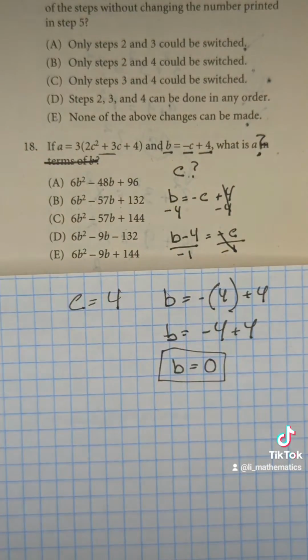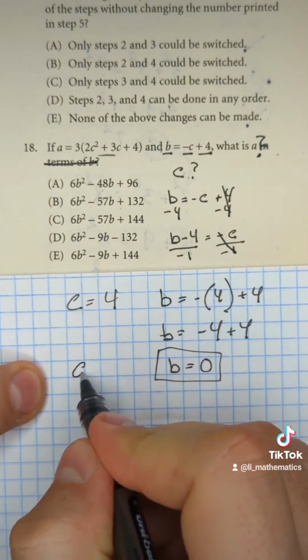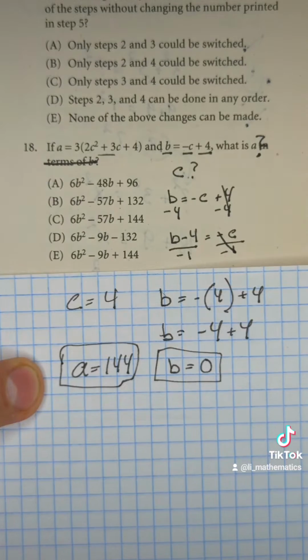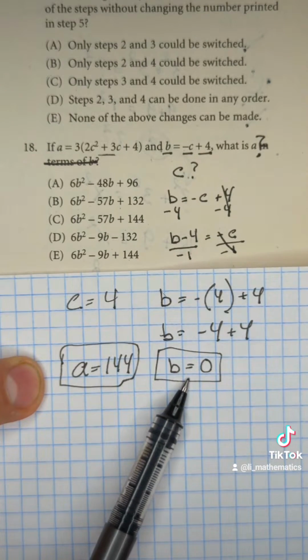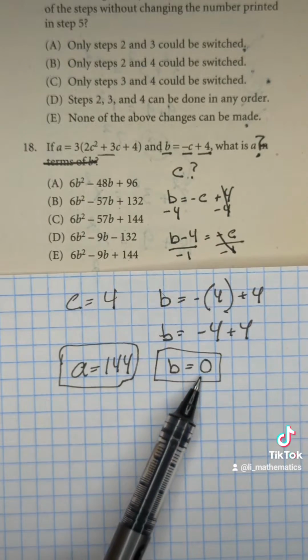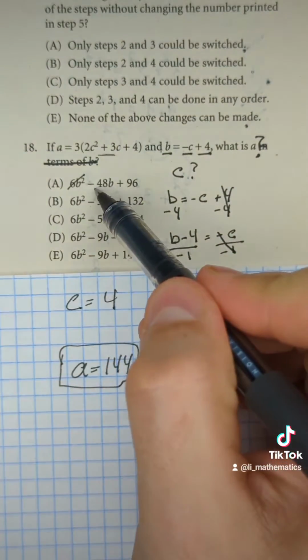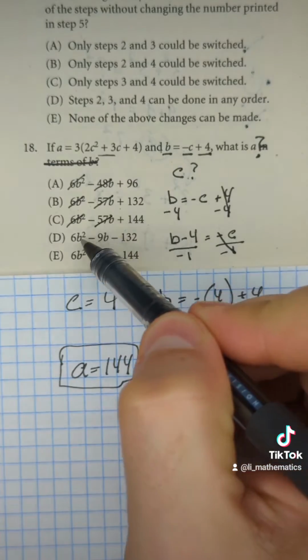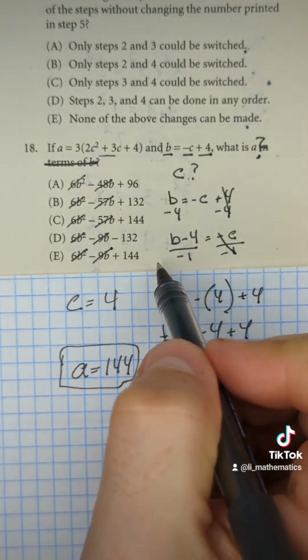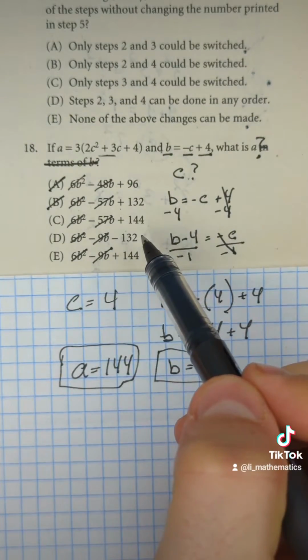Here it is. And the cool part about this is that the question asked, what is A? Well, we just found that A is 144, and all we need to do is take the B value that corresponds to it, plug it into our answers, and see which one gives us 144. So after plugging in B equals 0, we see that we're going to be left with two answers,